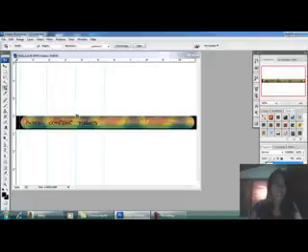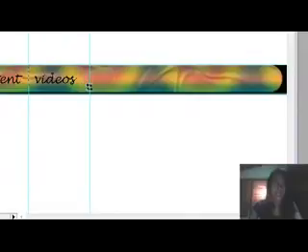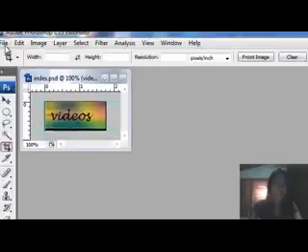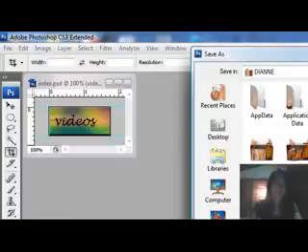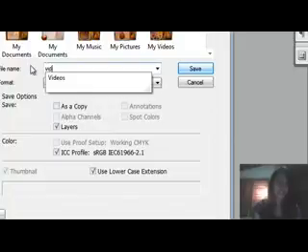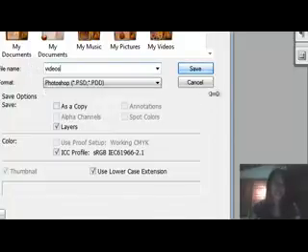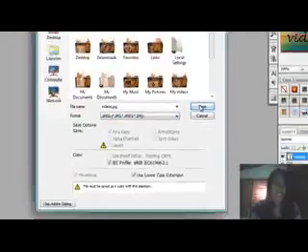Then apply again for grabbing a navigator. Then save as. Then I'll file name as videos. Then choose again the JPEG from the format. Then click save.